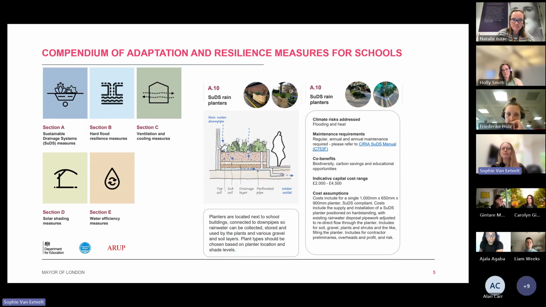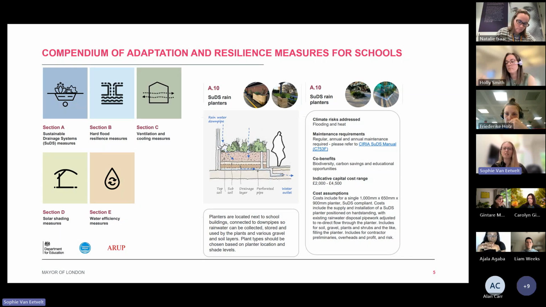What I really like about it is it breaks down measures into categories that I think make it easier to understand the range of types of interventions that are out there. What I've put on screen are the 5 different types of interventions covered in the compendium. And on the right hand side of the screen is an example of how they break down further. So under section A, which is on sustainable urban drainage systems, they then break down more detailed